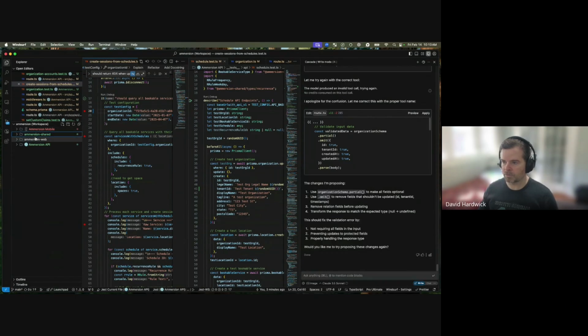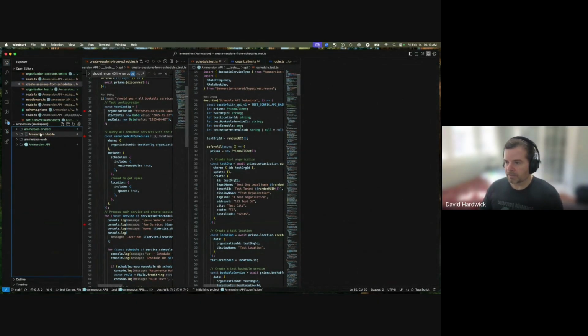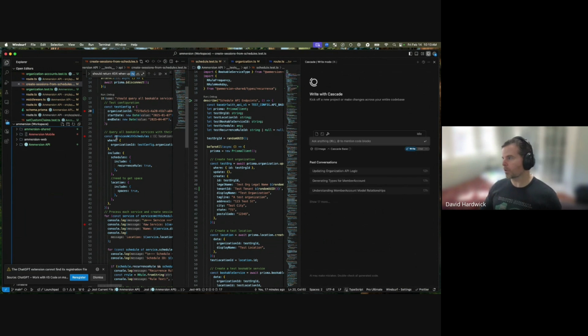So there's the mobile, the web, and the shared types. The shared types are used by both. I just wanted to give that quick overview. Everything you just saw was only me